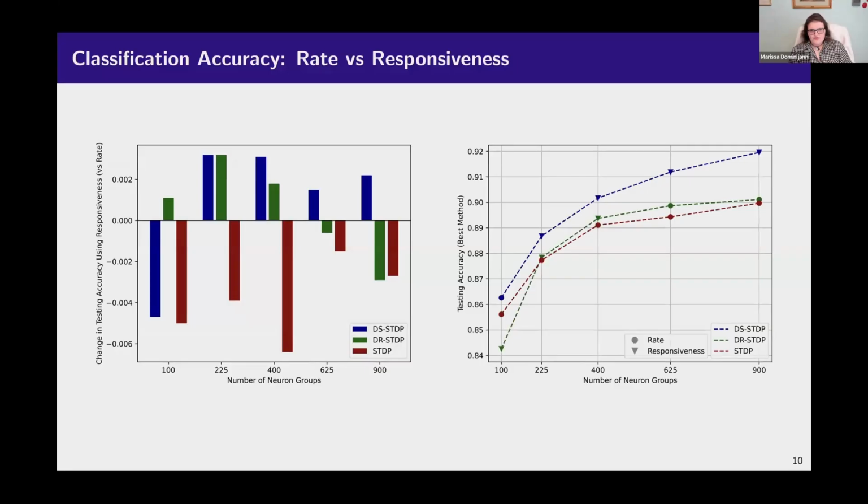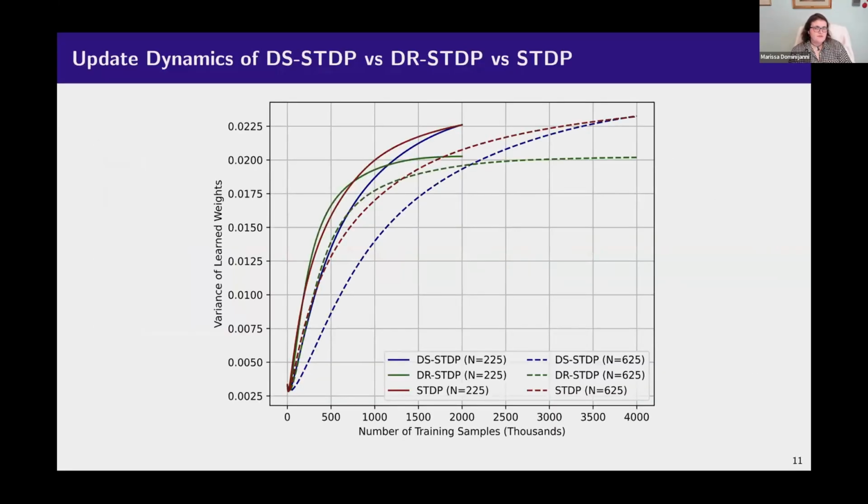We also wanted to look at the update dynamics for a drop-in replacement, something that would be similar. And here we use the variance of learned weights over time as a proxy for the degree of training progress. And I'll say for DS-STDP and STDP, the weight updates have the exact same hyperparameters. The different structure means for DR, we tried to just tune it for best results, but they're much more similar for these two.